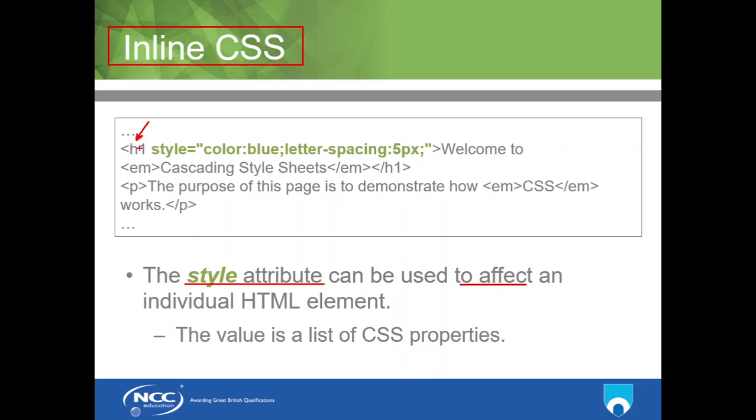So you see, we are inside the h1 element. So we use the style attribute, and we include some properties and values. So when we do this, then this particular heading 1 is going to be colored blue, and the spaces between the letters is going to be 5 pixels. So that is what we call